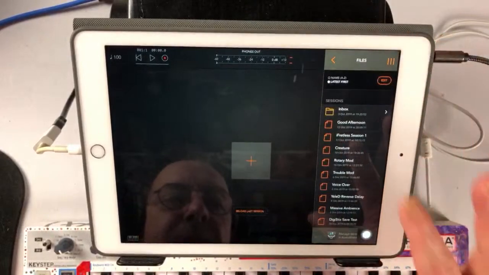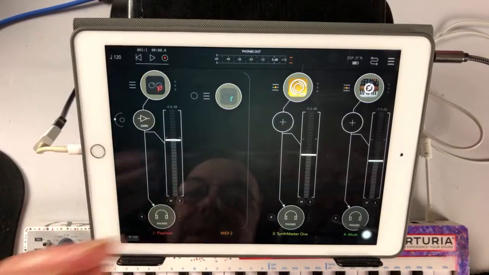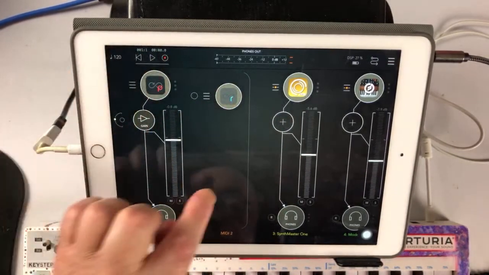But if I open my files now and go back to Good Afternoon, which was the very first one that I set up, which had the same sequence, and I'd set Riffer to do the same kind of thing, but